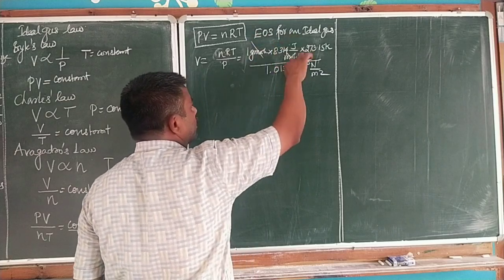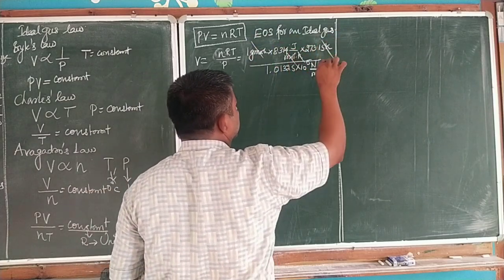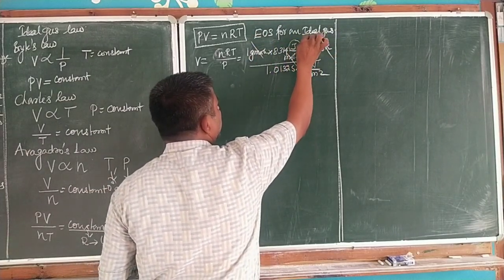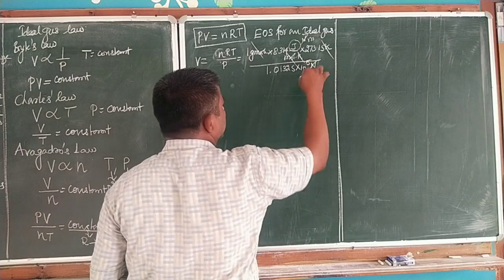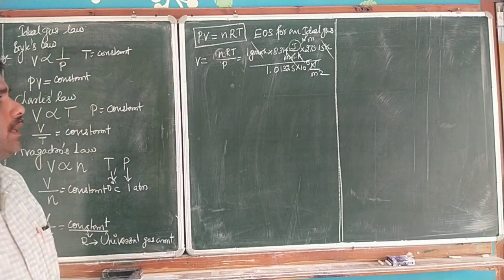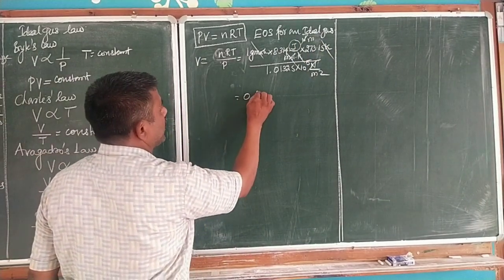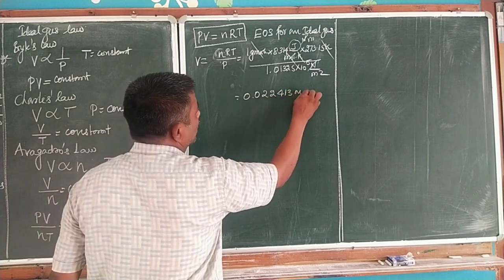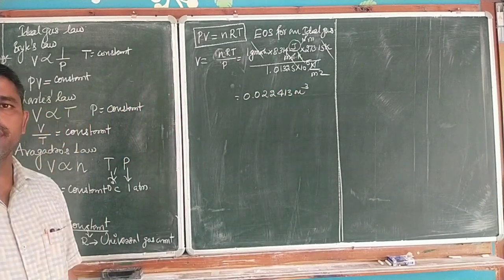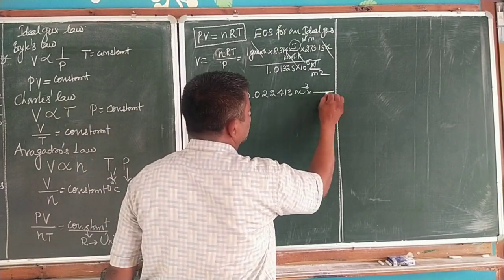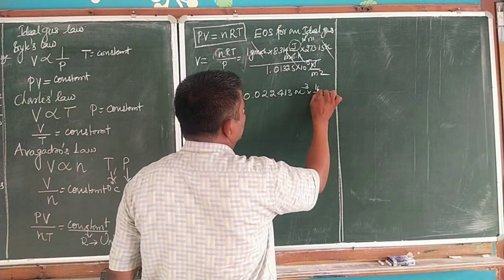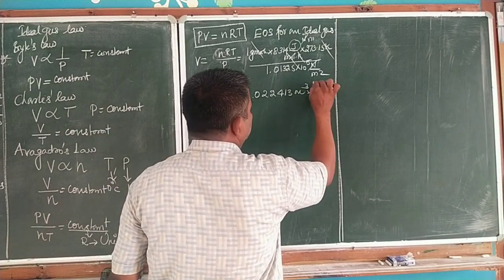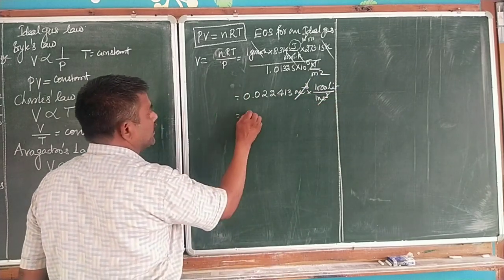So gram mole gets cancelled, Kelvin gets cancelled. Joules is Newton meter, so Newton gets cancelled. The remaining thing is meter cube. The answer is 0.022413 meter cube. Meter cube can be converted into liter. 1 meter cube is equal to 1000 liter. Meter cube gets cancelled. The answer is